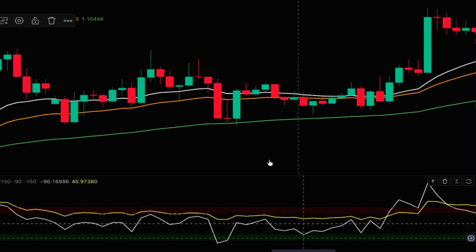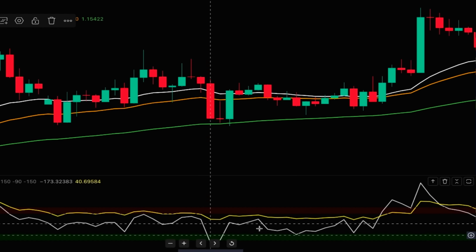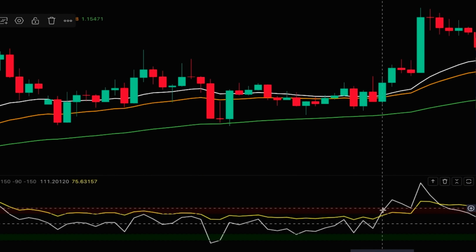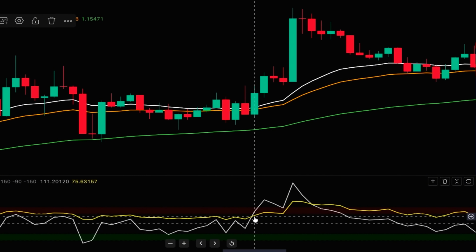So probably we are in a pullback and the price is ready to turn and advance after that. Now we should wait for a signal that shows the end of the pullback. We should wait for the gray line to cross back above the yellow line. You can see that it happened here, where the gray line is already closed above the yellow line when this